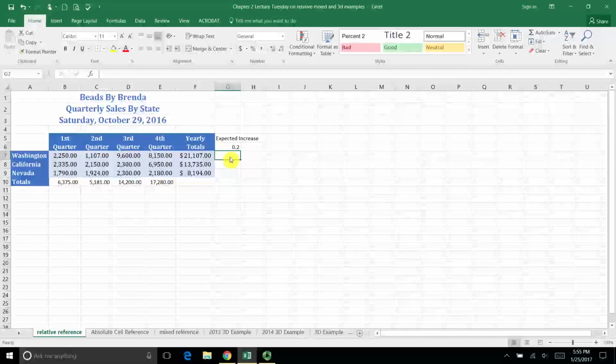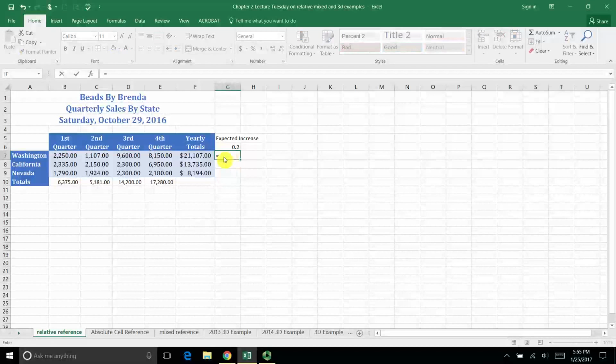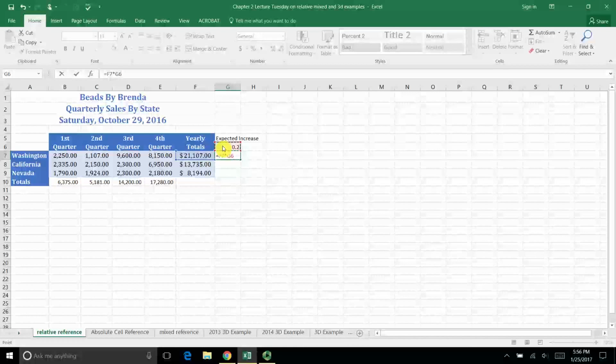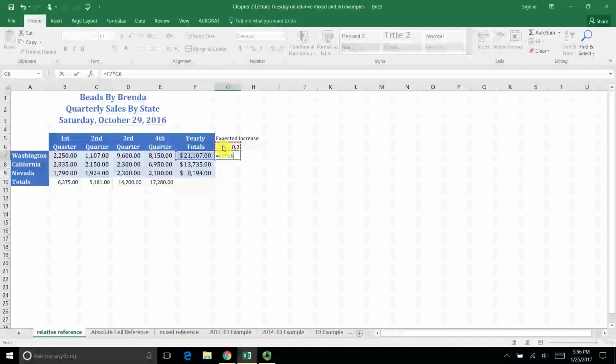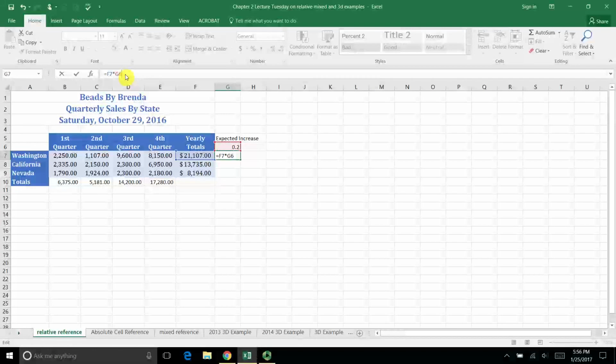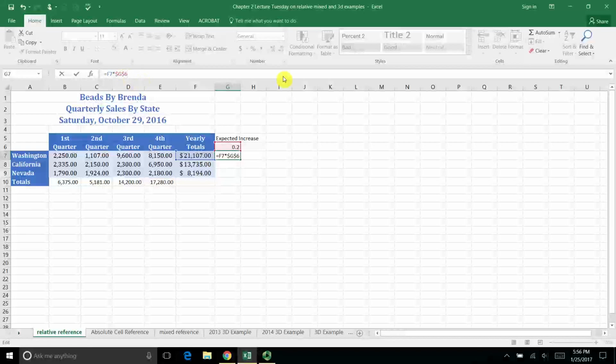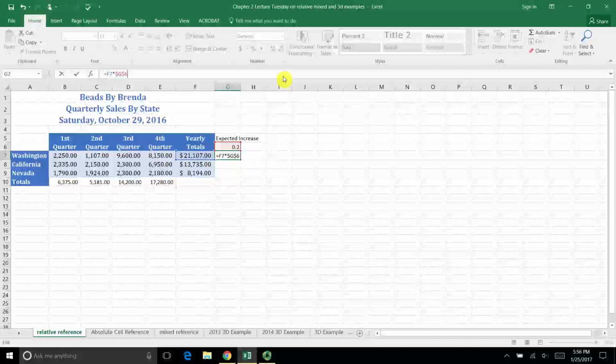So this is a multiplication problem. I'm going to do equal this times this, and I need to make sure to make that absolute cell reference. So what I have to do is put the absolute symbols around both the column and the row. Now the quickest way to do this is to use my F4 key. And you'll see that if I press it one time, it puts a $ sign before column G and before row